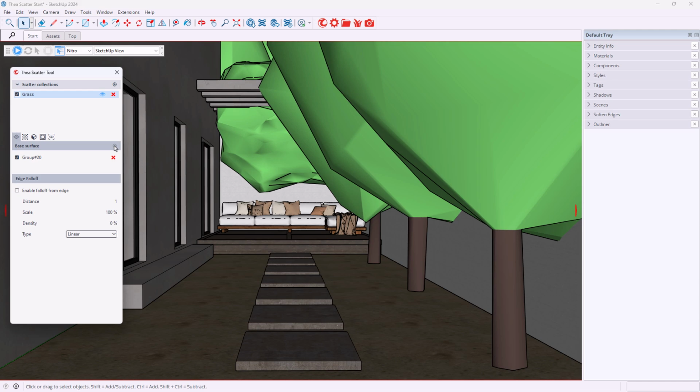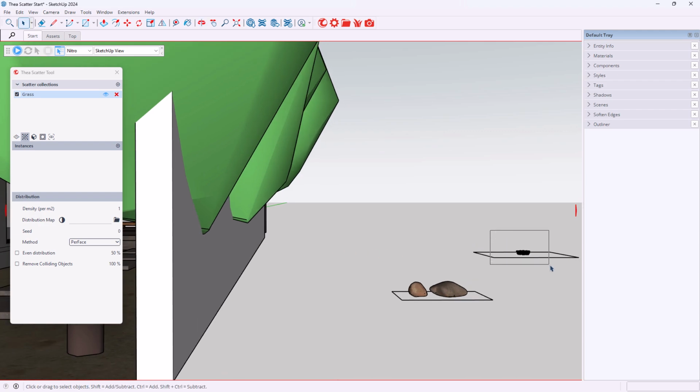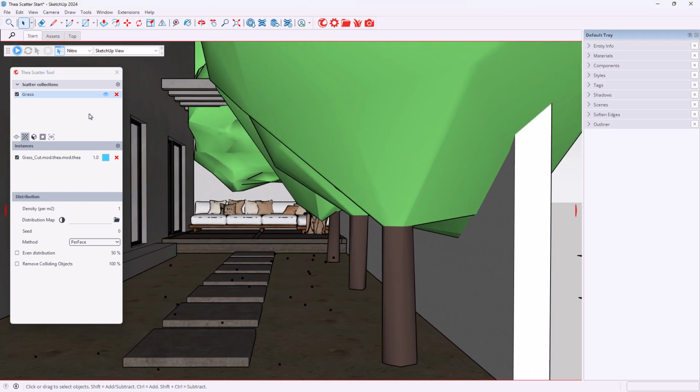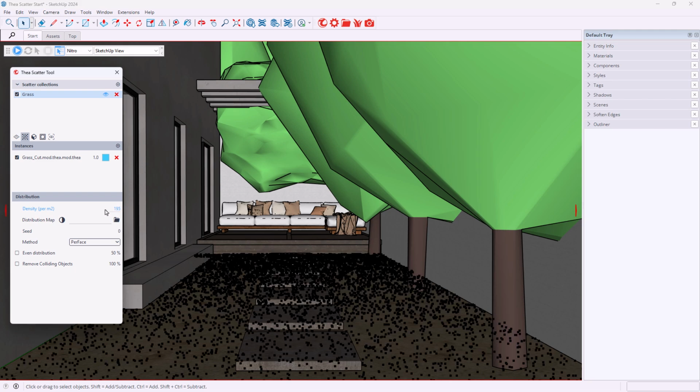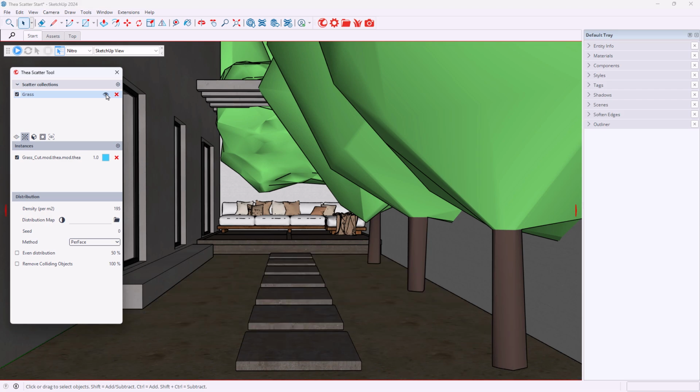Now that we have the base surface defined, we can move on to the Instances tab. We will select the grass patch and then click on the plus icon to add it to the list. We can assign multiple instances to the Instances list. The small dots represent the generated instances. Let's increase the density parameter to generate more. We can now click on the eye icon to hide the preview dots from the viewport and start rendering.